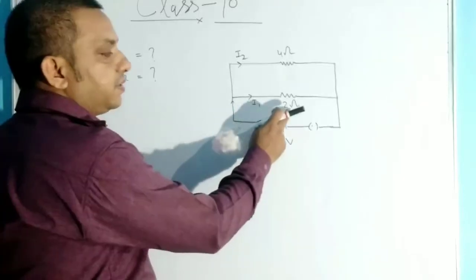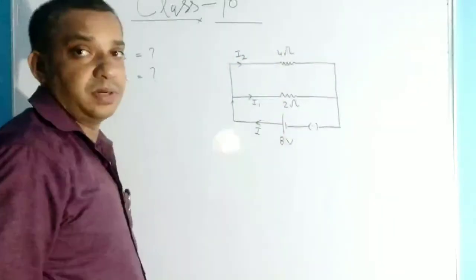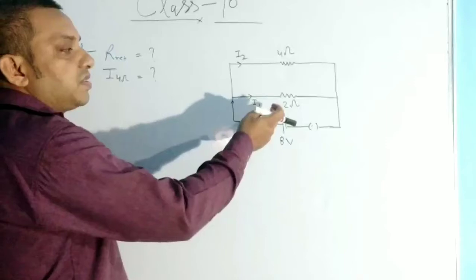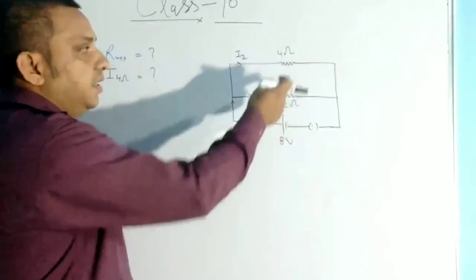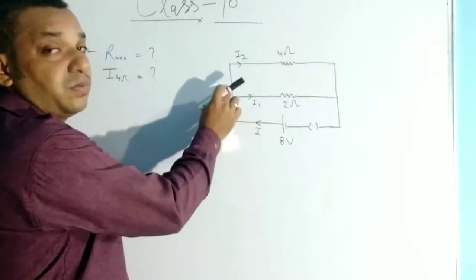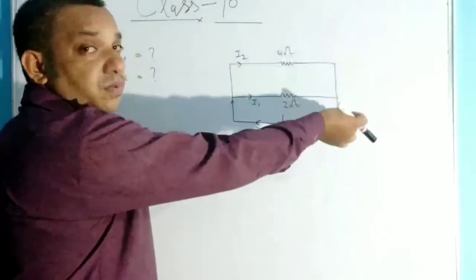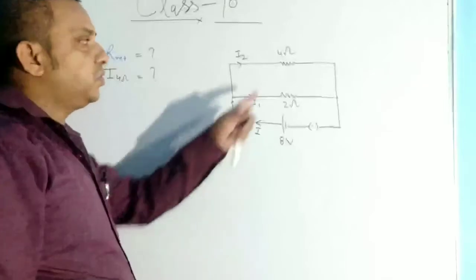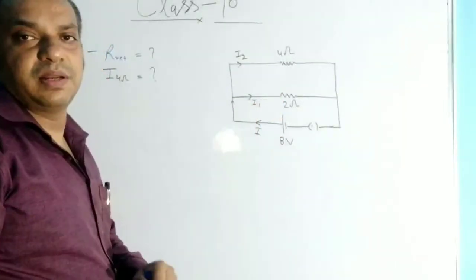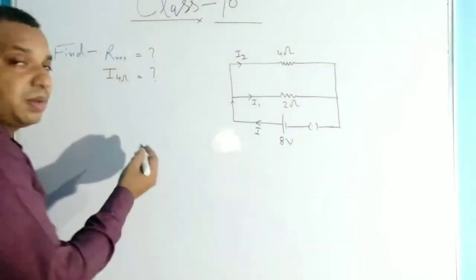You can see here this one is the 2 ohm and this one is the 4 ohm. Right. Now the total resistance you can find. You can see clearly that the head of both resistors is connected at one point, that is at one potential, and the tail of these two is at one potential. So these two resistors, 4 and 2 ohm, are in parallel combination. So R net, you can apply the formula directly.